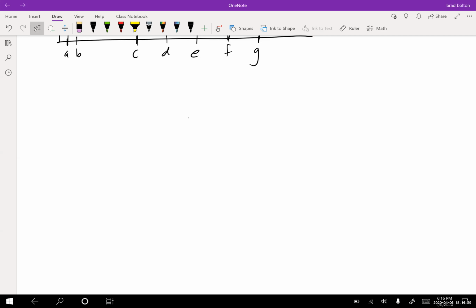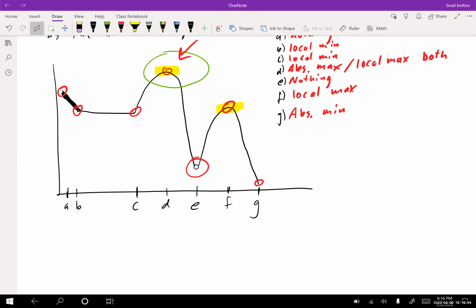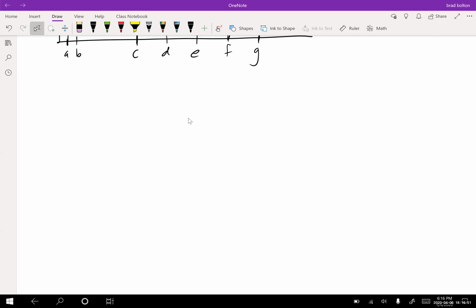So that's going to lead us to another idea that we're going to be working with. When you see this graph, is it pretty easy to see where there's local mins, absolute mins, local maxes, absolute maxes? It's pretty easy to identify them, but it gets a little bit harder if I just give you something like this. Well, we're going to talk about critical numbers. So if I want to find the critical numbers,